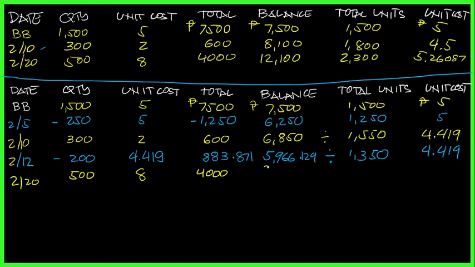That will become 9,966.129, or 0.13. Then we divide it by the number of units. So you have 1,350 plus 500, we now have 1,850 units. So if you divide that, you will get a unit cost of